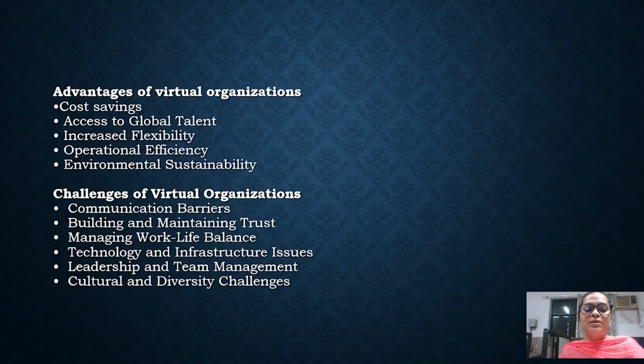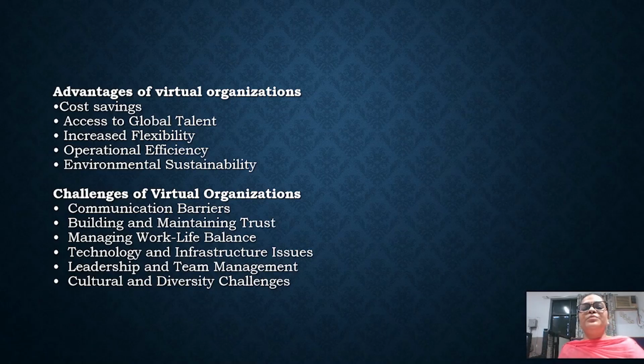Now the next challenge is technology and infrastructure issues. Yeah, it could occur because dependency on technology for communication and collaboration might introduce risk. For example, connectivity issues, software glitches, or compatibility issues with different devices. Now, implementing robust IT support, regular maintenance checks, and contingency plans for technical disruptions is very essential